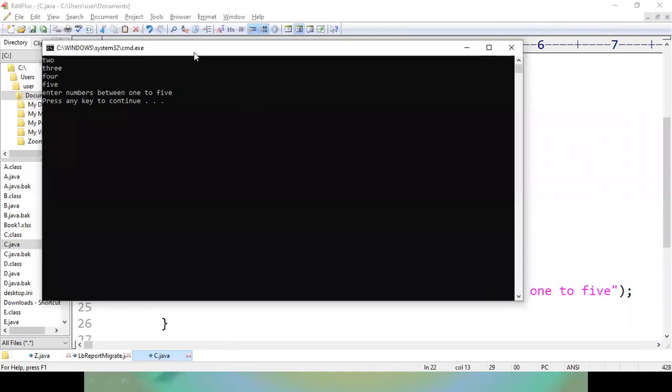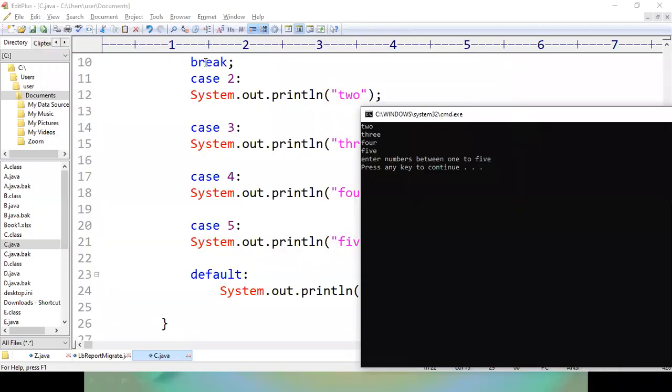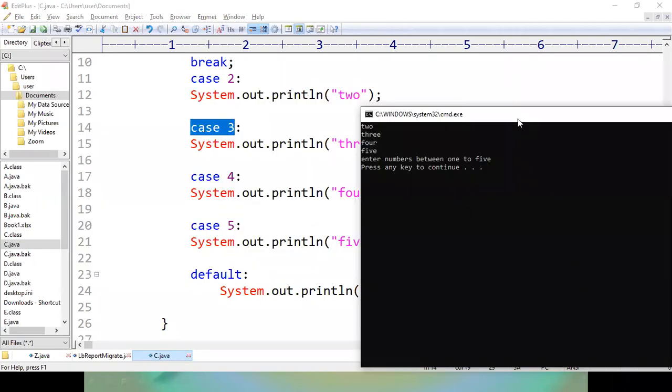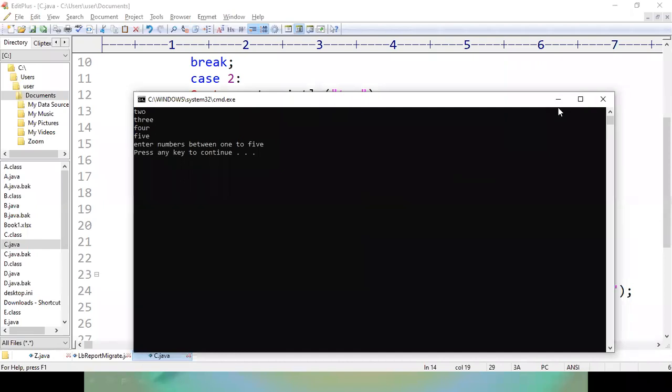Because case number 2 has been matched, the control enters the body of the cases and executes all the remaining bodies without matching the cases.